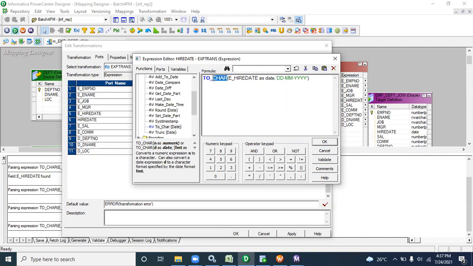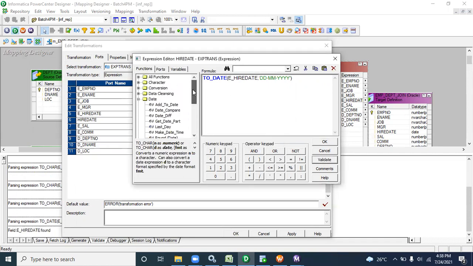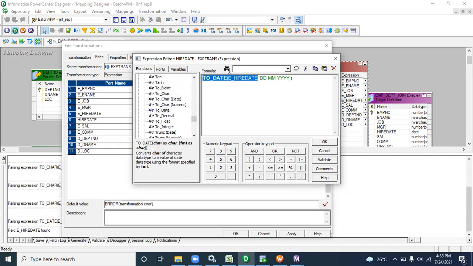Direct you can write to that. Let me check. Okay, because already it was in string format, right? Directly you can write to that also. So here to that function will be there. A lot of functions will be there. You have to just go and check. Because already we have a hire date, so for that reason we have a string. For that reason, no need to convert to string again.